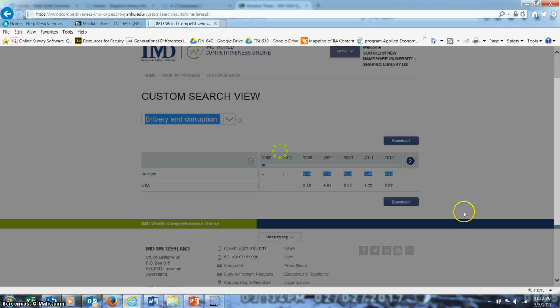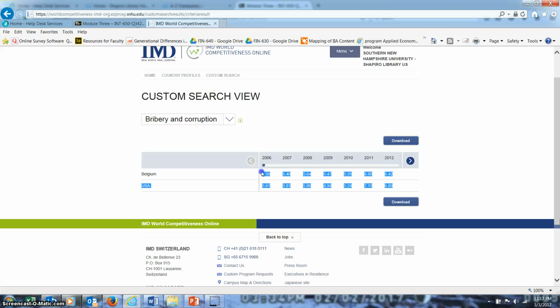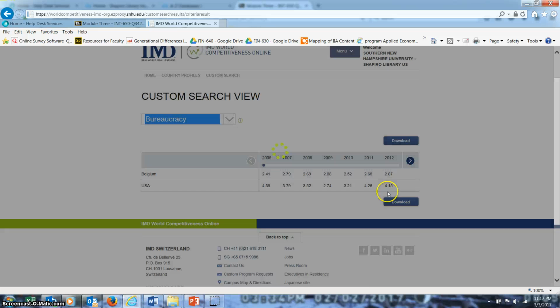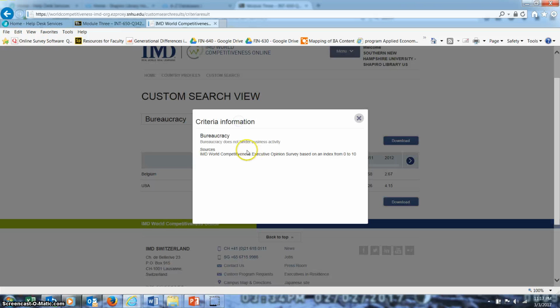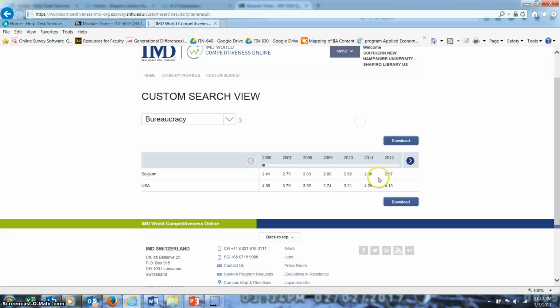Let's see, bribery and corruption. It's almost the same between Belgium and US. Okay, if we look at bureaucracy, who has bigger bureaucracy starting? If you look at the information, it tells you that bureaucracy does not hinder business activity. It's 0 to 10 again. So who has better bureaucracy? Who has less bureaucracy to start a business? Your country of origin or the country where you're going? So this is a way to